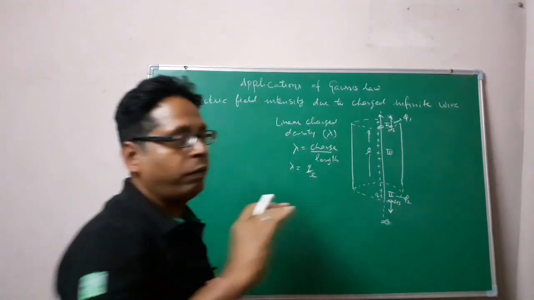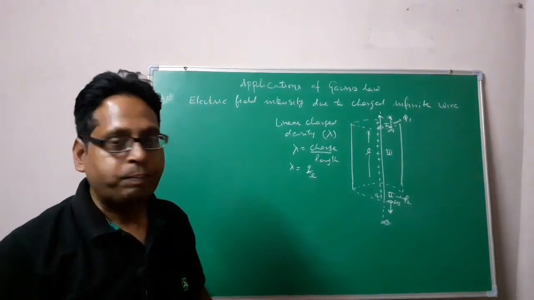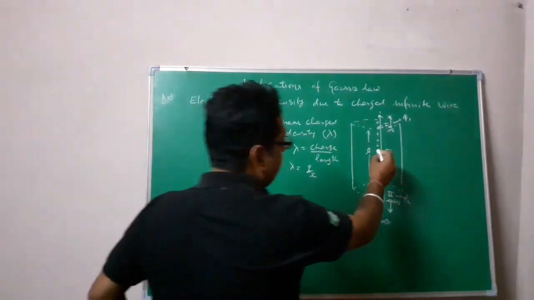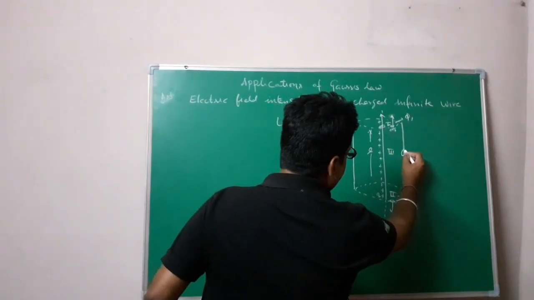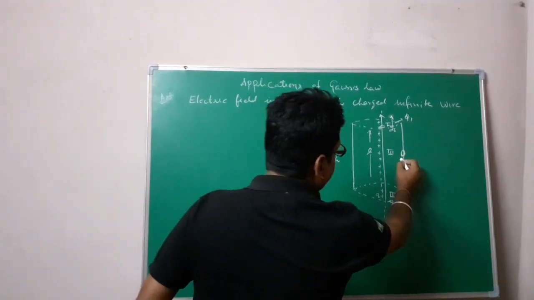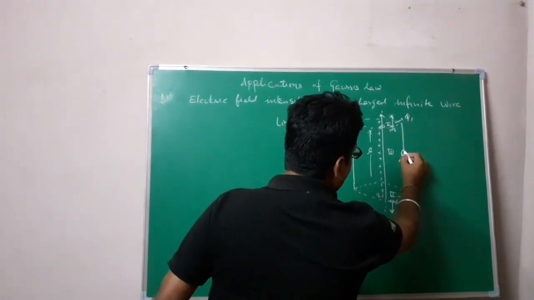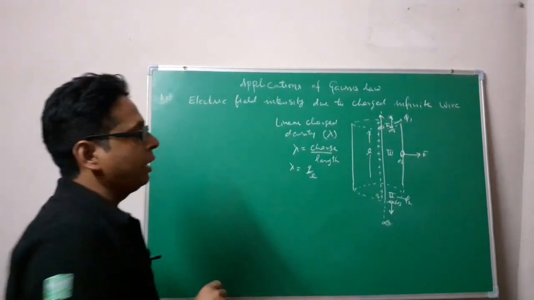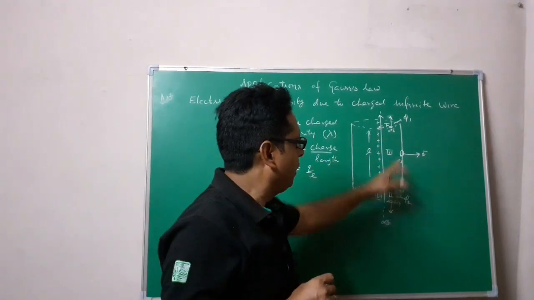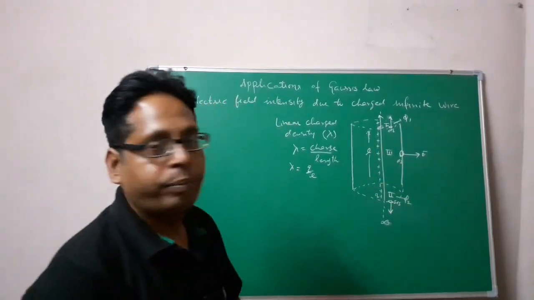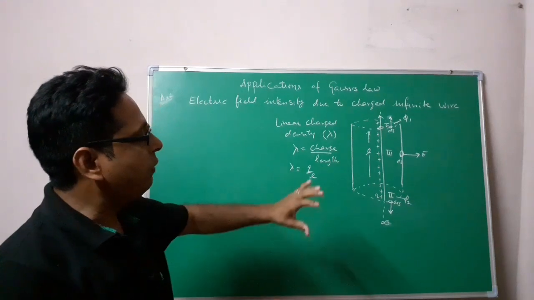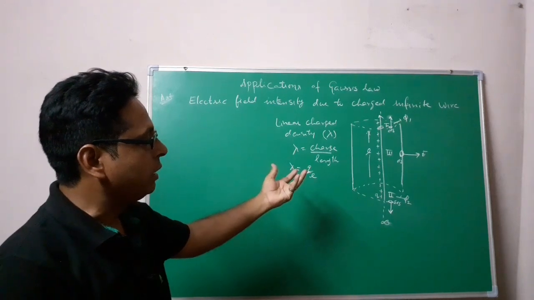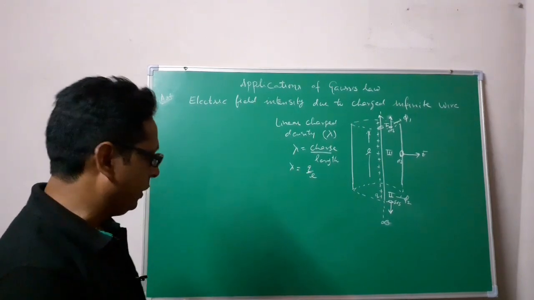So you know, the direction of the electric field is what? It is away from the electric charge. So this is the charge. So suppose I have taken a small surface over here, this is dS, and this electric field is acting in this direction, dS and E are in the same direction, but in the case of region 1 and region 2, they are perpendicular. Actually we have to be clear on the diagram. If the concept of the diagram is clear, we can find the electric field intensity.